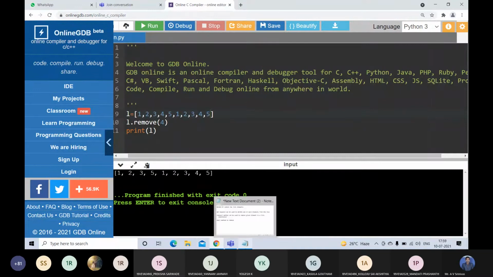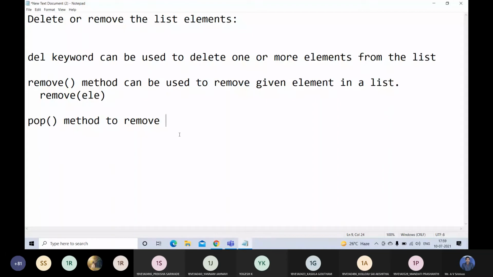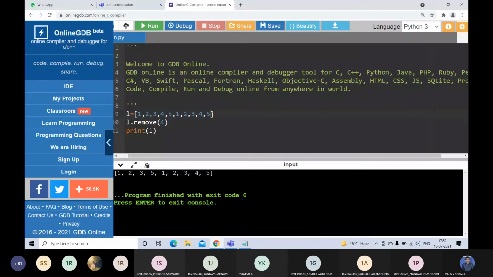Okay. The third method is the pop method. It is used to remove the particular element at the given index. That means for this pop method also, we are going to provide an index value, and based on that index value, the particular element will be deleted.